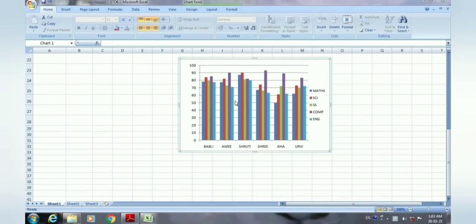These columns are represented with colorful bars, and here you can see the legend. This legend shows us which color is for which subject. Blue color is for maths, green color is for SS, purple is for computer, and this blue is for English. So based on that we can identify which color belongs to which subject's marks.